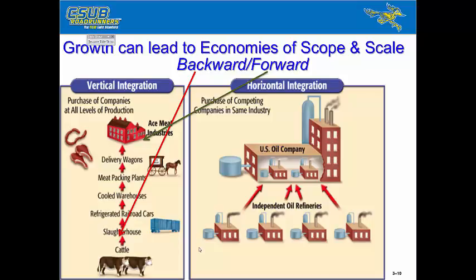And then you send the dead cows basically to a company that has railroad cars, and they ship those cows, what's left of them. They ship the meat to warehouses with coolers. There's a company that has a warehouse with a cooler that then keeps the meat until sending it to wherever it's going to be made into meat products. Then another company takes the meat from the warehouse and starts chopping it up and making it into